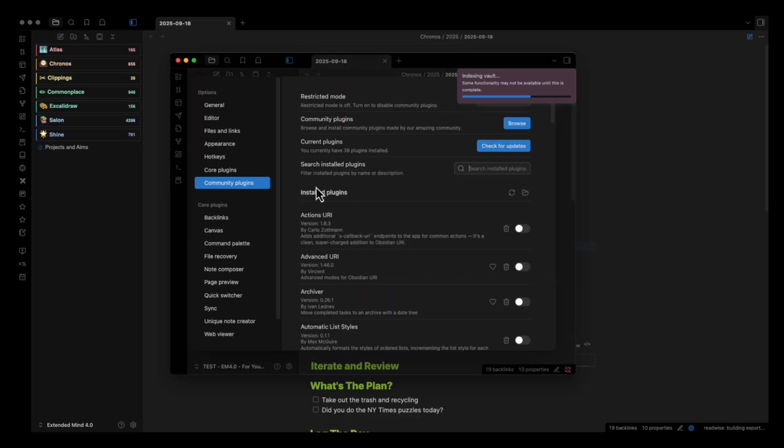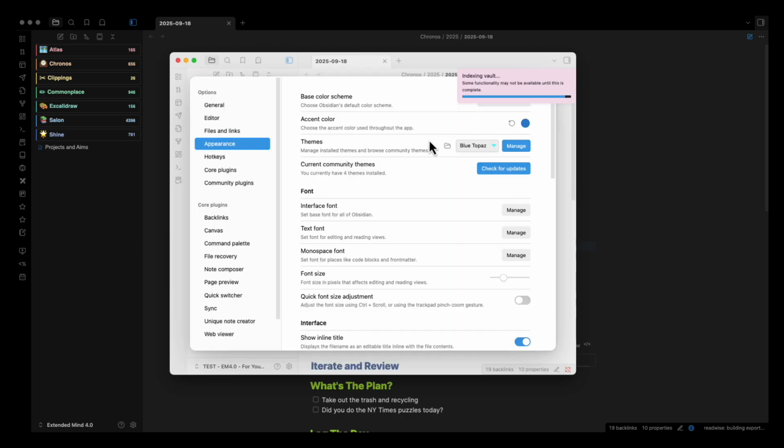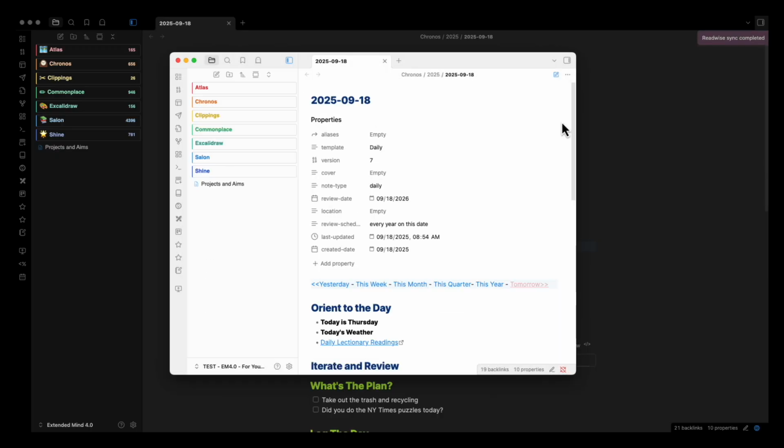And I love that it does this because this also allows me to do the other thing that keeps me from making terrible mistakes, which is go to the appearance screen and change this to light mode. I always use dark mode in my vaults, so light mode makes me go, oh, this is not my normal vault. This keeps me from accidentally creating content in this vault that I don't want to use for anything other than testing purposes.